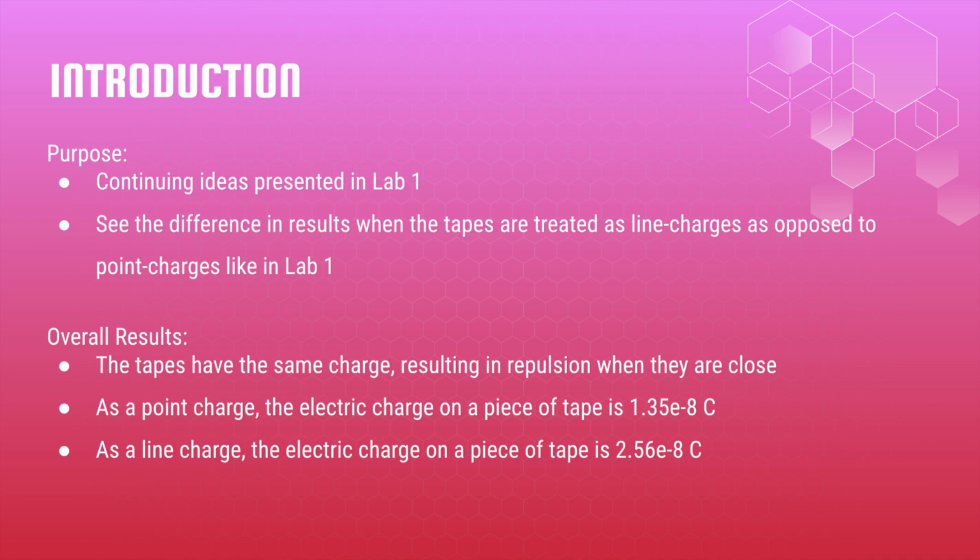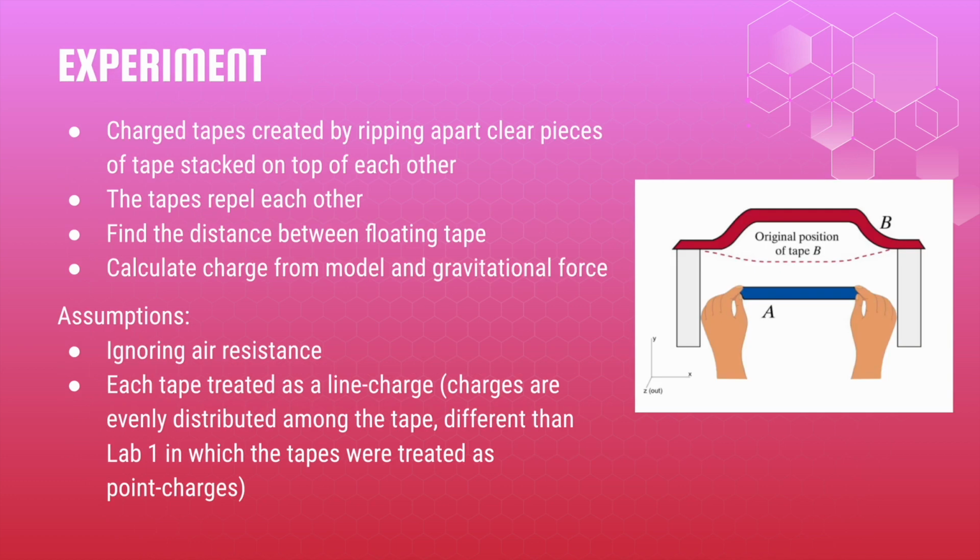As a point charge, the electric charge on a piece of tape is around 1.35 times 10 to the negative 8th coulombs, and as a line charge, the electric charge on a piece of tape is 2.56 times 10 to the negative 8th coulombs. The experiment for this lab was the same as lab 1, in which charged tapes were